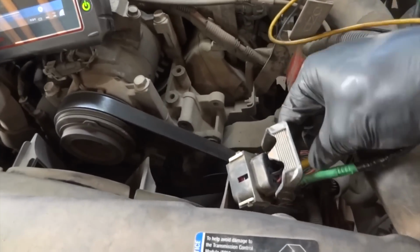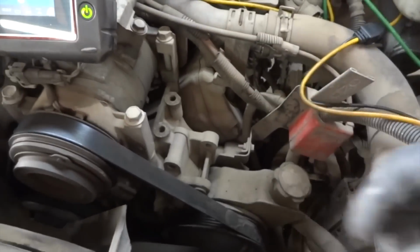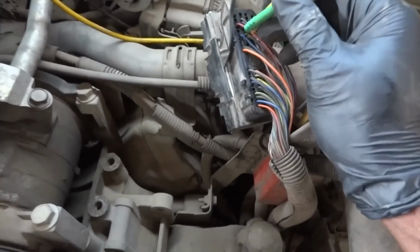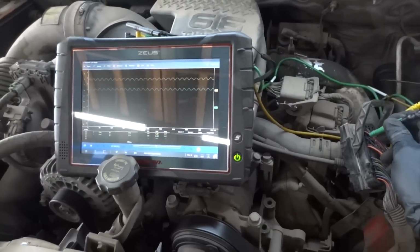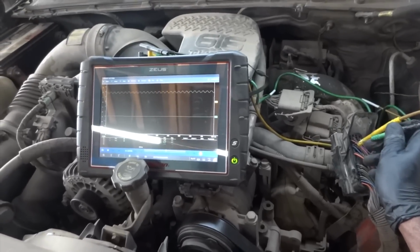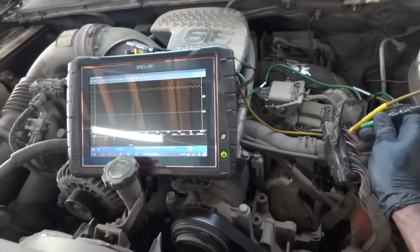Actually, let me disconnect the one that's easy to get to. I'm gonna show you. Okay, so this blue wire over here, watch that. I'm gonna disconnect this and we're gonna lose the voltage on the scope. Watch this. You see that? So we lost voltage. Okay, if I reconnect it,